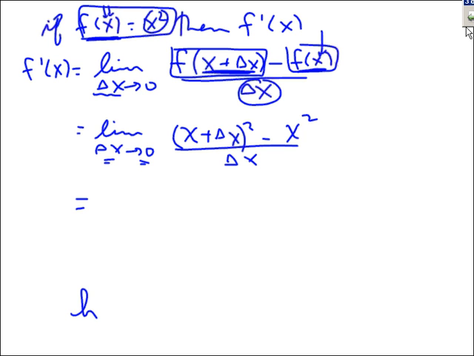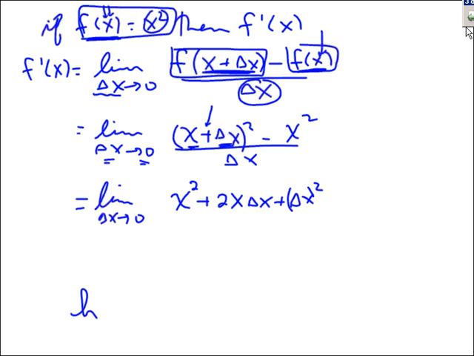100% algebra, other than writing the word limit. Same with the next line. x plus delta x squared. You need to know how to square a sum. We're adding two things, you need to know how to square it. You square the first piece, plus 2 times the product of these two things, x, delta x, plus the second one squared, delta x squared. Just don't write it that way. If you square delta x, put it in brackets. Minus x squared